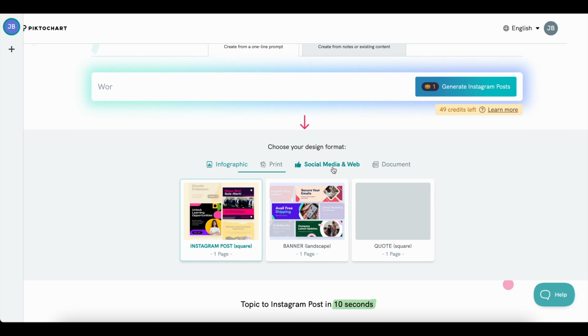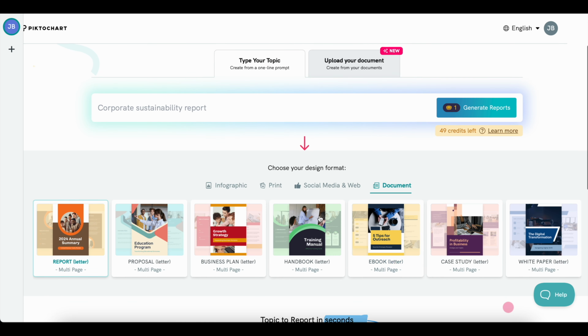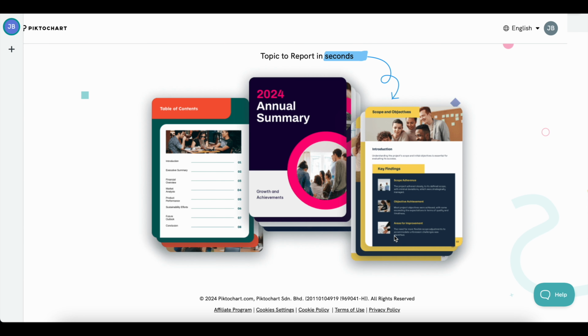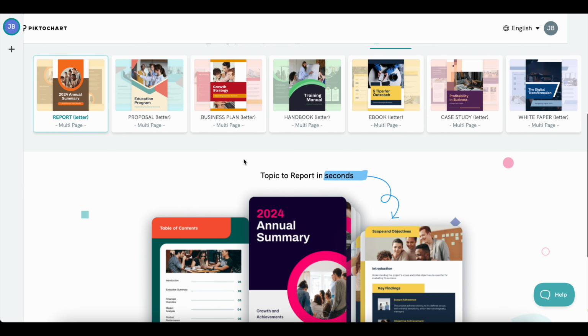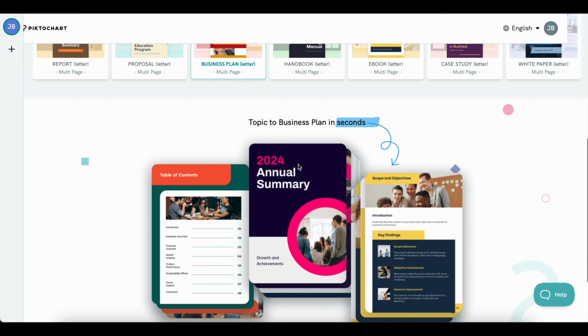Also, you can create social media and web formats like Instagram post, banner, or quote, also in square format. And also you can create documents like business plan, proposal, report, handbook, ebook, case study, and just everything that you can imagine. You can see like report, these are different examples of such format. If we click on business plan, no, nothing changes. Okay,